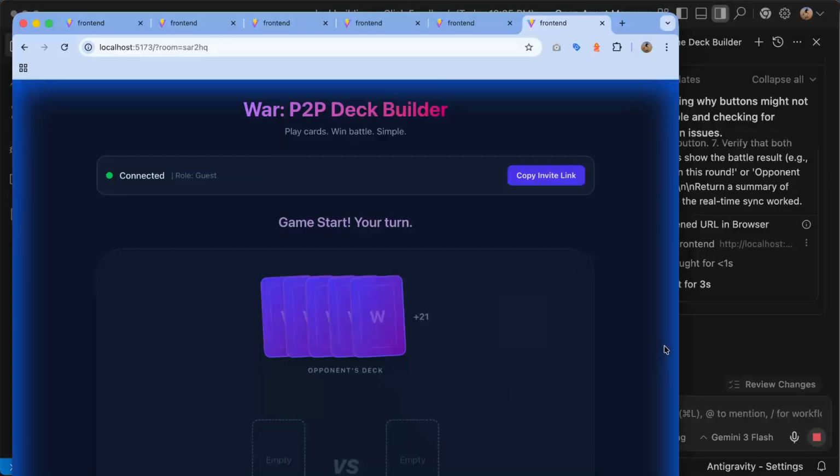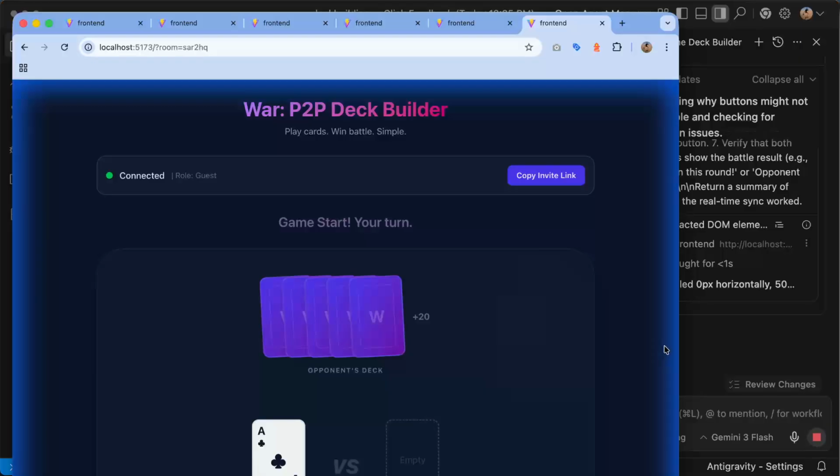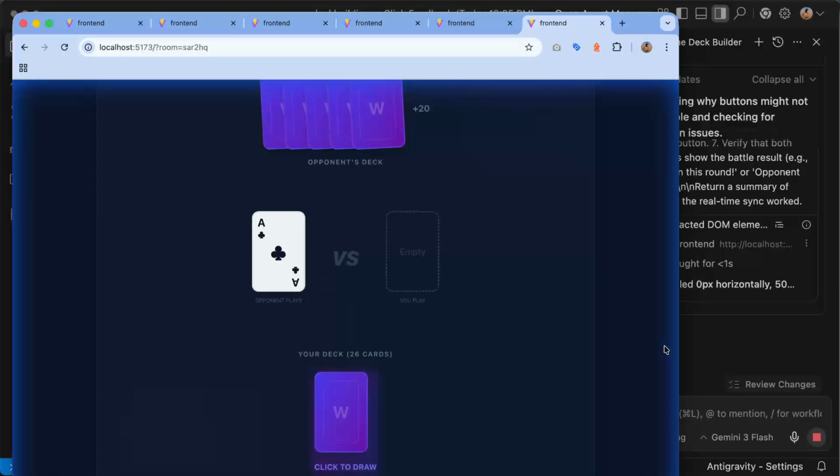You have your opponent's deck, and it really looks cool, right? Yeah, it really looks amazing in my opinion. Hey, and here you have a card, and it's actually just a normal game card. It's not really something I had in mind.